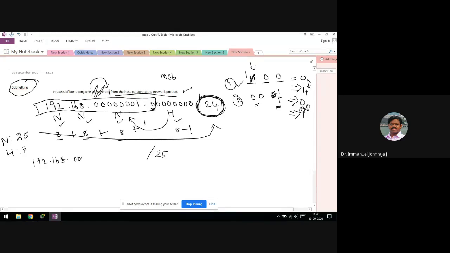192.168.0.0 with the borrowed bit kept as 0 initially. It becomes /25. This is one of the cases, probably case 1. I write the second case, 192.168.0.0, and then this I am making as 1 here, because I said earlier I can make it either 0 or 1. So earlier I kept it as 0, now I make it as 1. 1, 0, 0, 0, and then 0, 0, 0, 0. Mask is still 25. I hope you don't have any trouble in understanding the story so far.